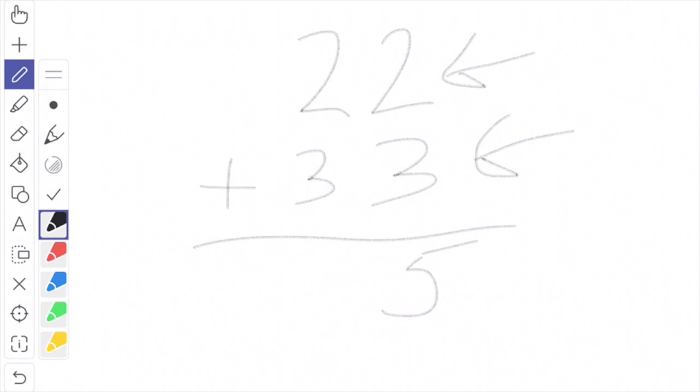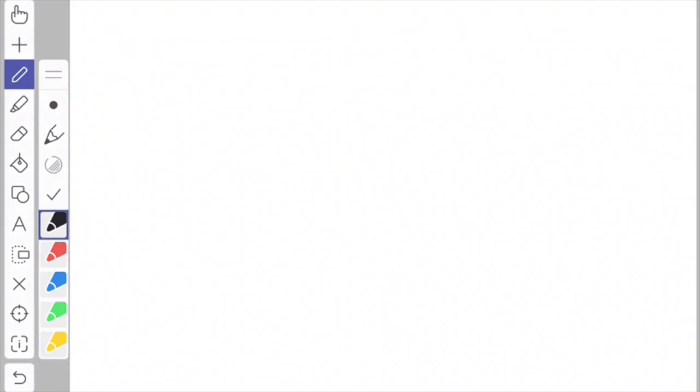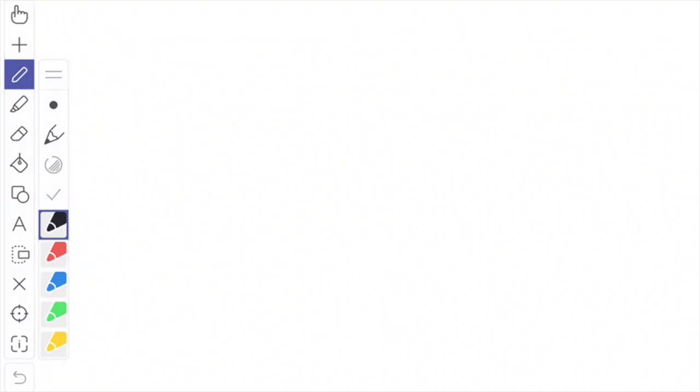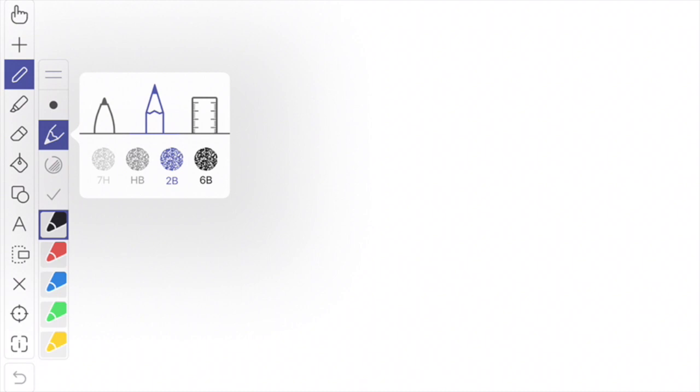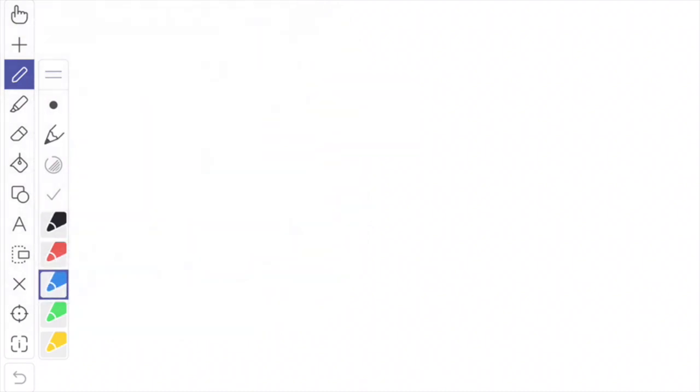Now I've got to do that again in the tens column with that 2 and that 3. I know 2 plus 3 equals 5. Now, I'm finished explaining that problem. I'm going to hit the pause button because I want to set up a third page now. So I'm going to hit that plus, and now it's going to give me 3 of 3. Maybe I want to change the color, so I change some of this stuff. So I'm going to do